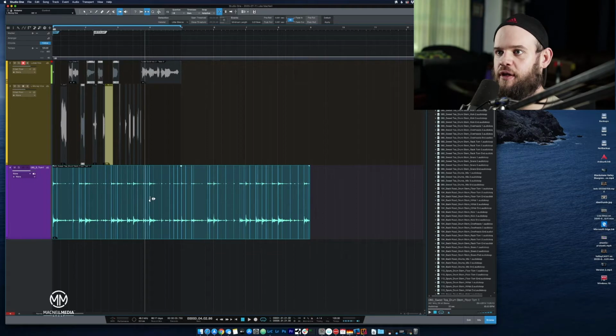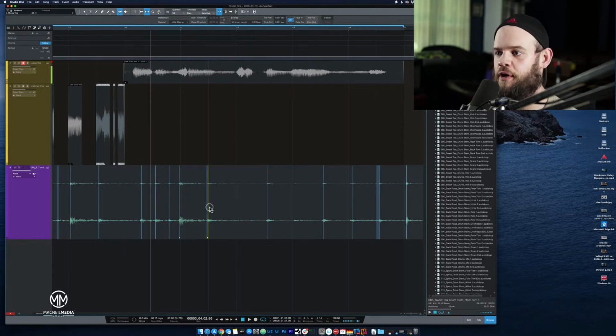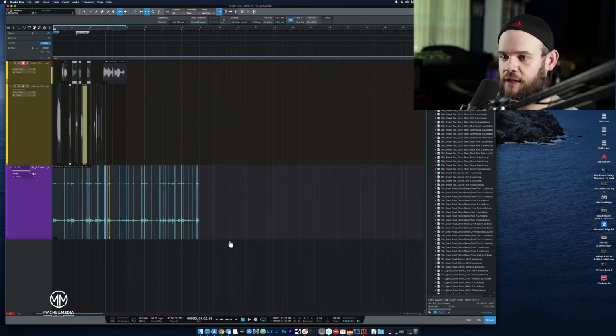Say this was out of time a little bit. Let me zoom in. Let's say this one's not quite. See how it's not quite on the line? I can just pull it back a little bit. Now it's on the line. I've corrected the time, which is nuts. I mean, you can go so far as to, now I can select this whole waveform here,